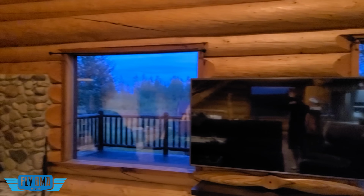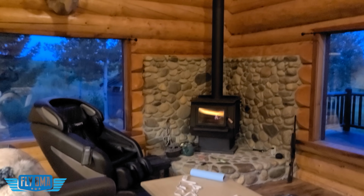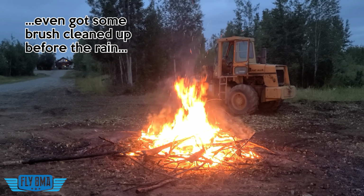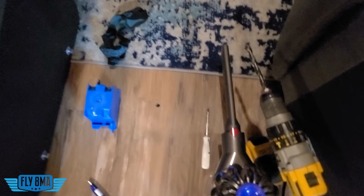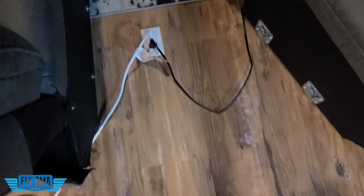It's time to go ahead and head in the house and do some house projects. Gotta clean up things in there, finish kind of moving in, put this little in-floor electrical outlet in because, well, we bought an electric couch that has a plug on it. So didn't know couches had plugs on them, but apparently they need electricity nowadays. Got to install an electrical outlet for that, but then got to hang out with the dogs on the couch